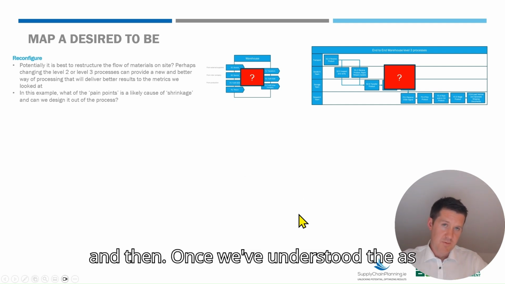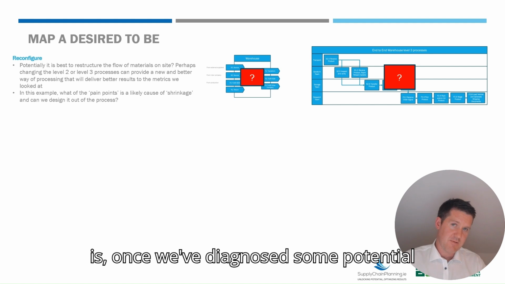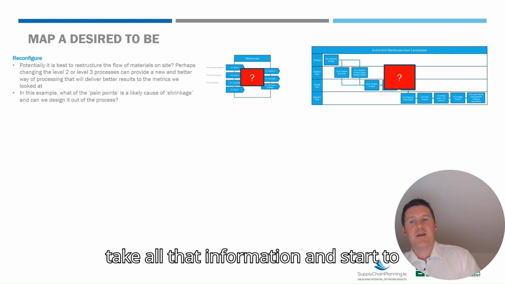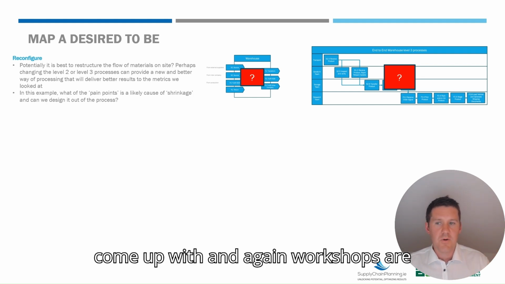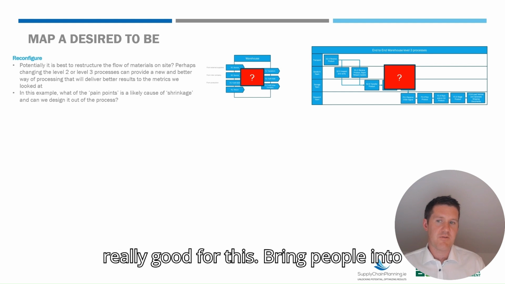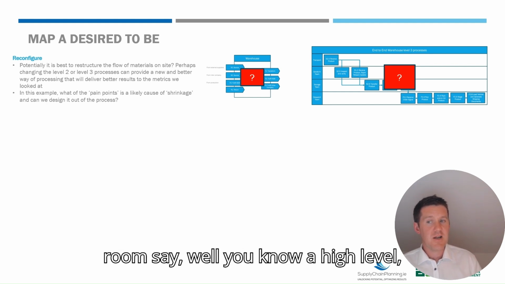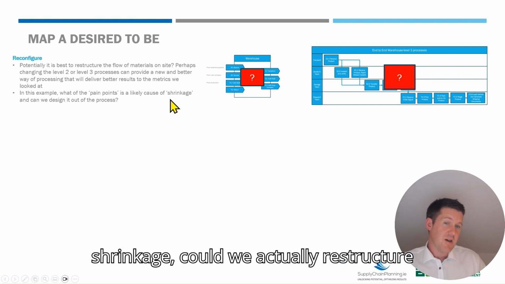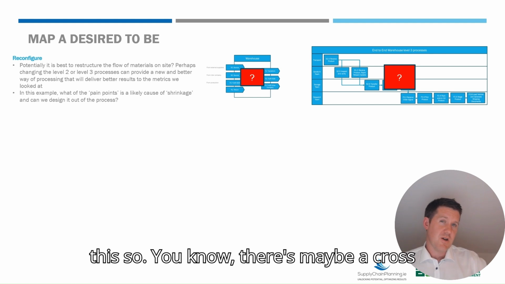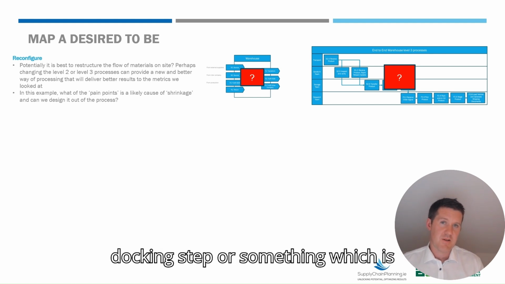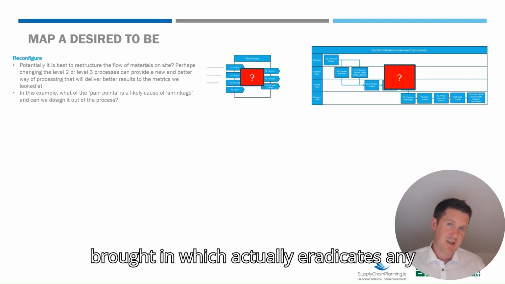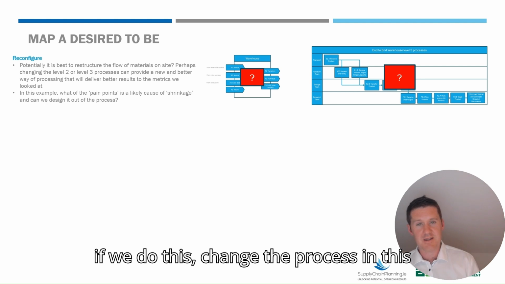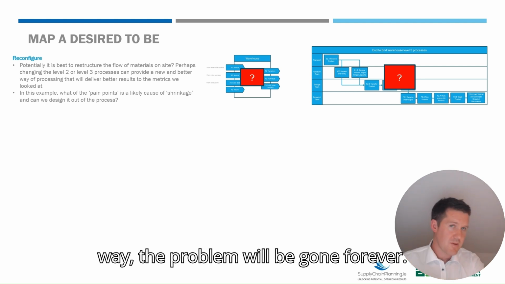And then once we've understood the as is, once we've diagnosed some potential issues, some proposals, we then start to take all that information and start to come up with, and again, workshops are really good for this, bring people into a room, say, well, at a high level, could we reconfigure this? We mentioned there's pain points and shrinkage. Could we actually restructure this so there's maybe a cross-docking step or something which is brought in, which actually eradicates any potential for this? So could we engineer it out altogether? In which case we say, if we do this, change the process in this way, the problem will be gone